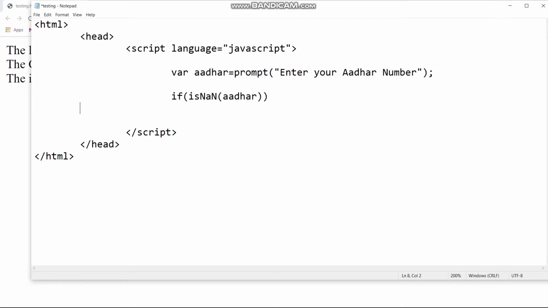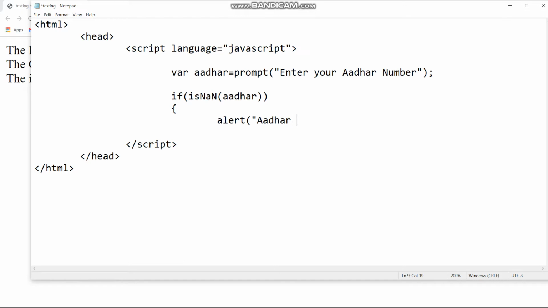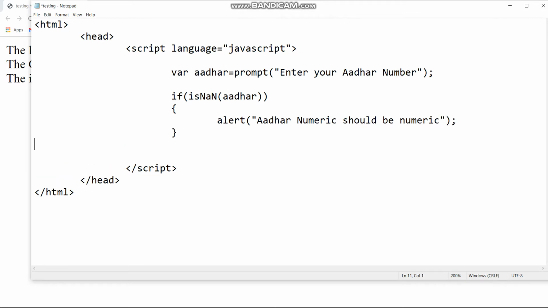It would give an alert, and within the double inverted commas it would say "Aadhaar should be in numeric manner," or you could say "Aadhaar number should be numeric." If you wrote any character or something which is not numeric, this alert message would be shown.